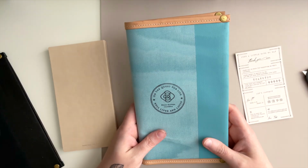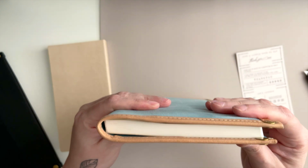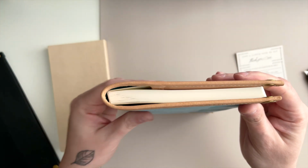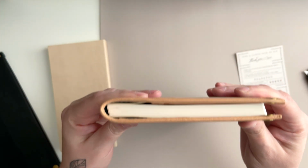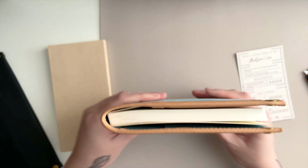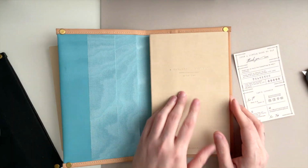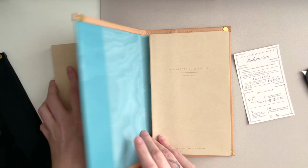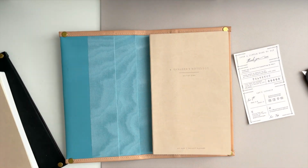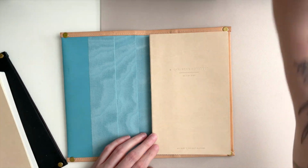Oh my goodness. This is what I was most worried about. I kept measuring this over and over and over again. But that's perfect. These, I'm not going to be decorating these, but they are going to be written on, so they'll just get a little fluff. There won't be any stickers on here. So that's a relief. That is definitely a relief. Let me pull my chair up here. Anyway,